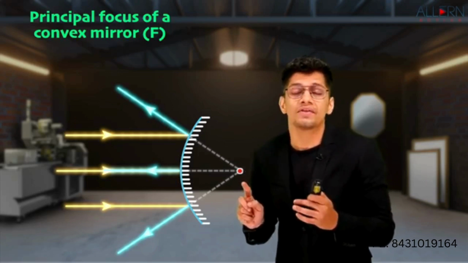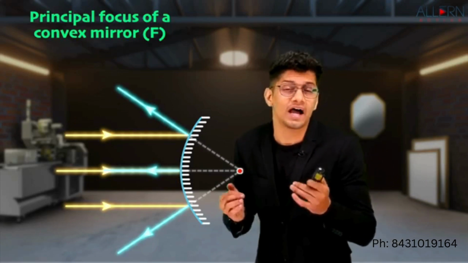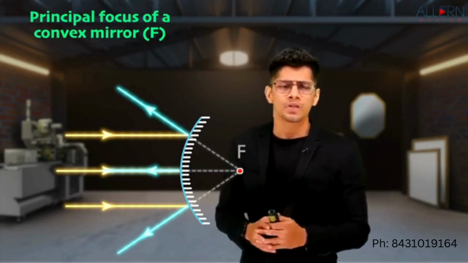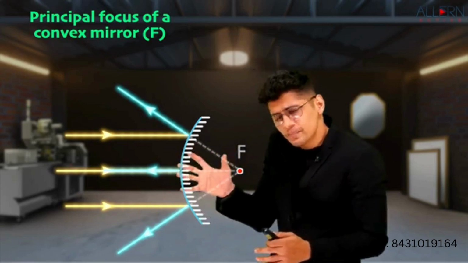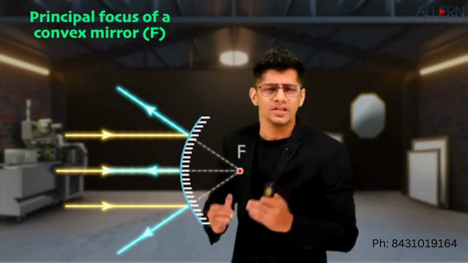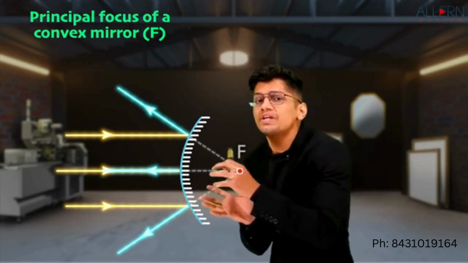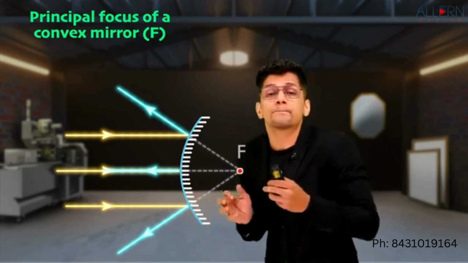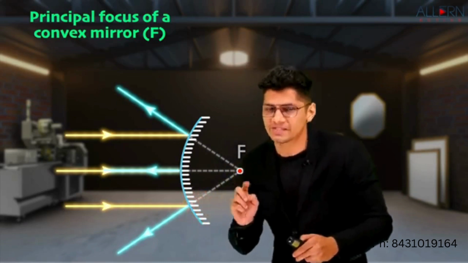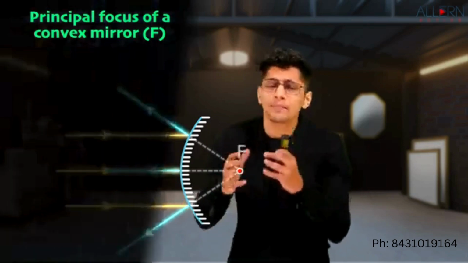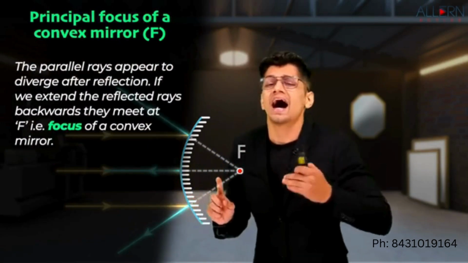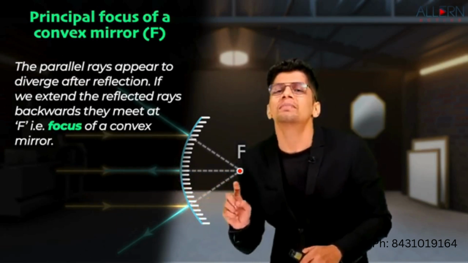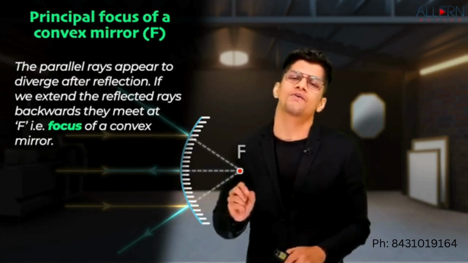And this point, where the rays appear to meet, is called the principal focus of a convex mirror. But you might say, sir, this convex mirror is a diverging mirror. So can we say that these rays are appearing to diverge from this point? They are actually diverging from these points, but they are appearing to diverge from this point. So how will you define it? The parallel rays appear to diverge after reflection. If we extend the reflected rays backwards, they meet at F,